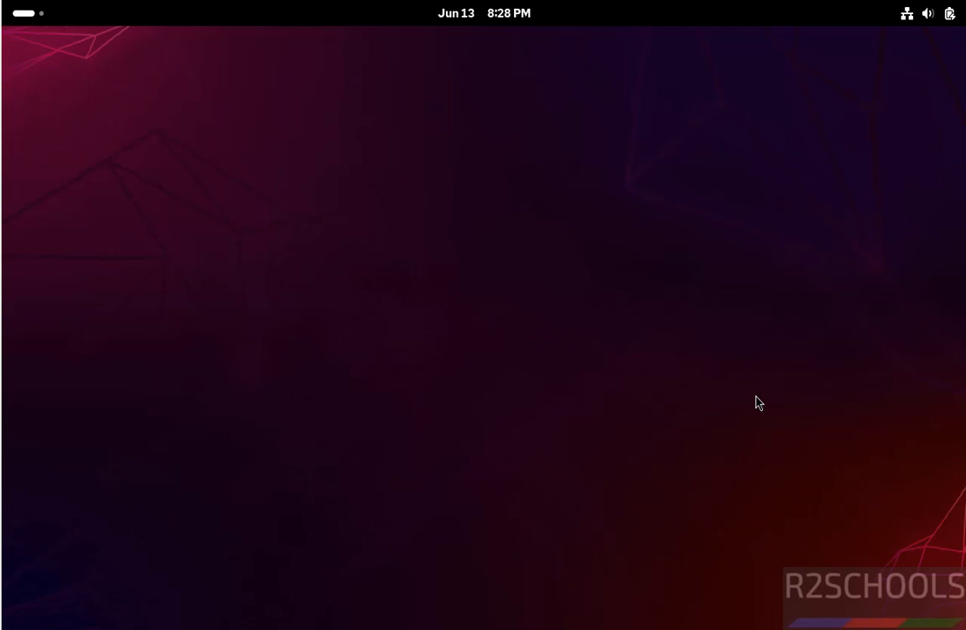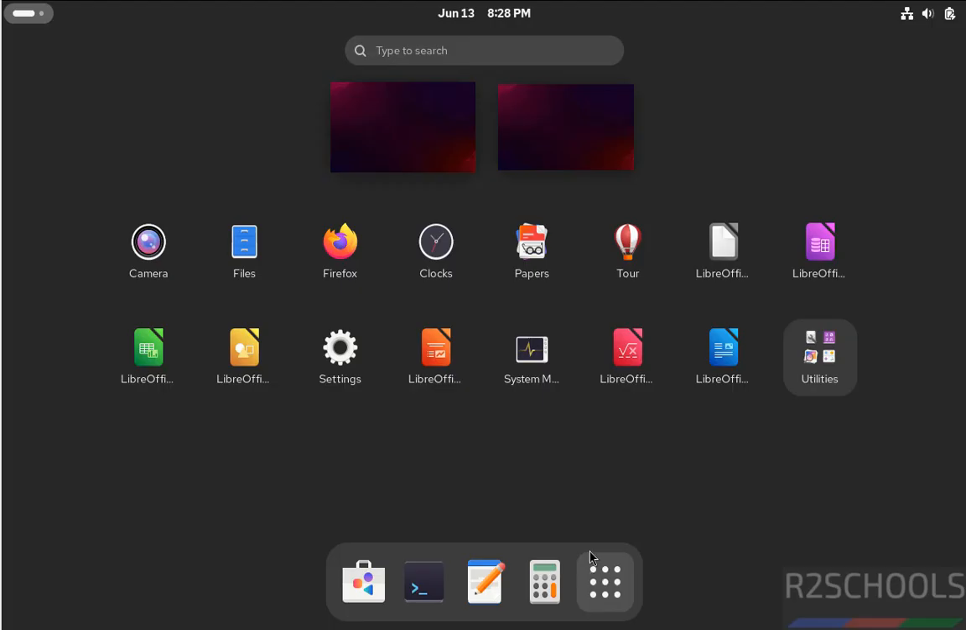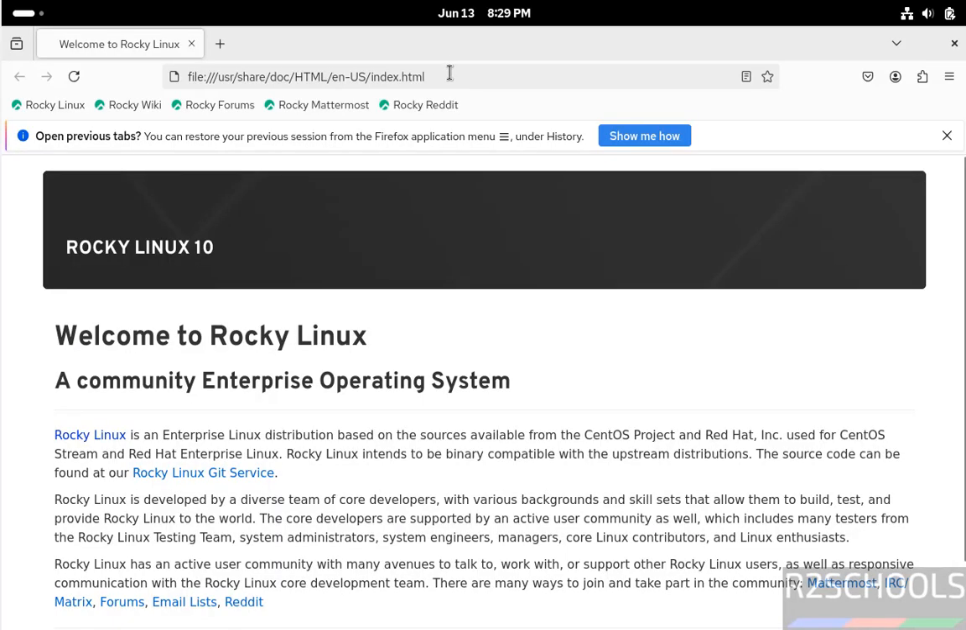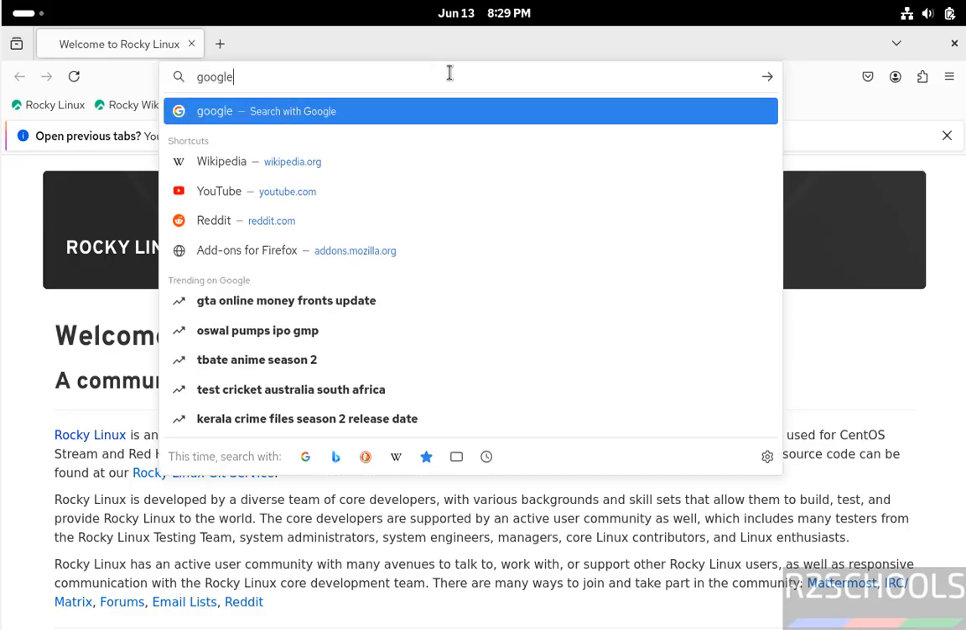Hello guys, in this video we will see how to install Google Chrome current stable version on Rocky Linux 10. By default we will get Mozilla Firefox as the default web browser. But if you want to install Google Chrome, open the default web browser, then go to Google or any search